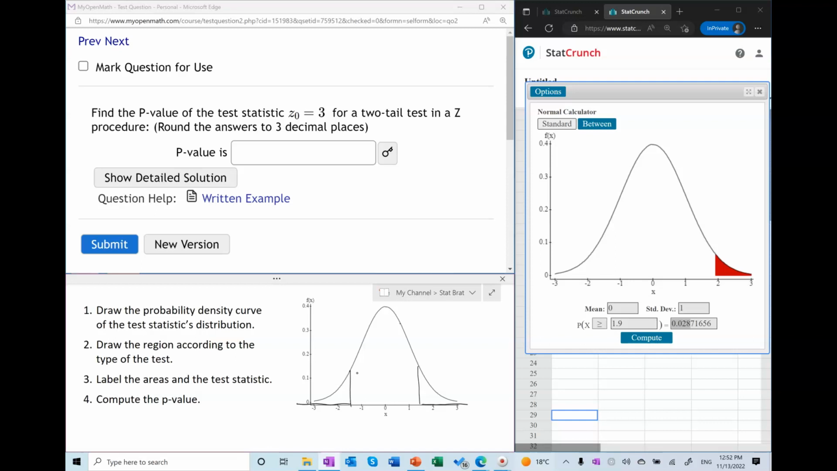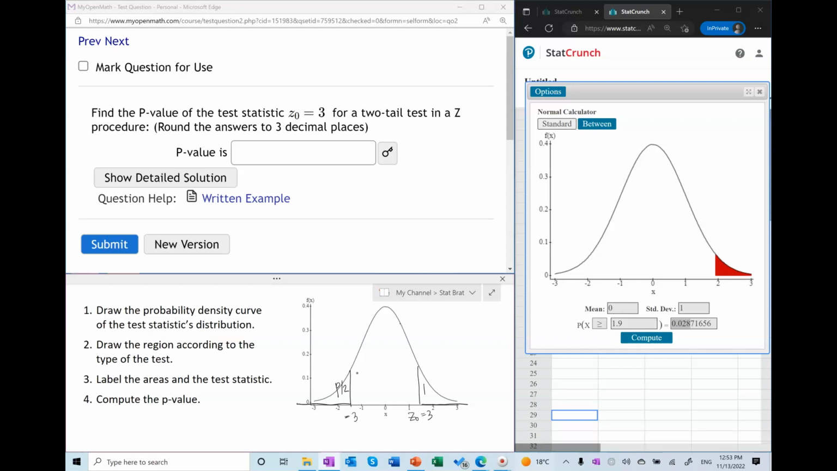And now we're going to label one of those boundaries with the test statistic. So because z0 is equal to 3, 3 is on the right side, so we're going to label the boundary of this region with the test statistic. So by symmetry, we know that this boundary will be equal to -3. But again, the way we're going to find it, it doesn't matter, because